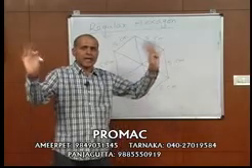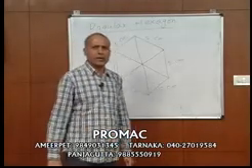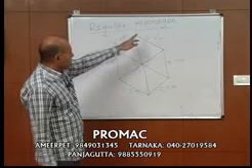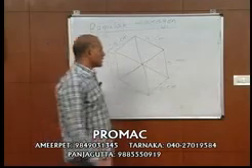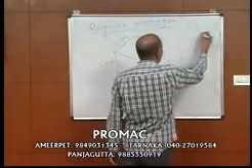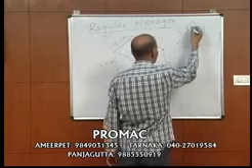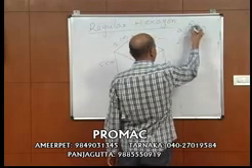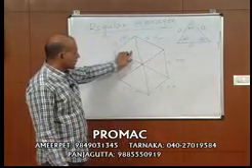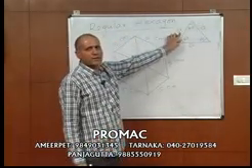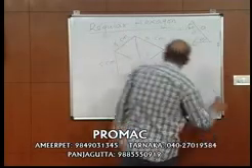A regular pentagon cannot be divided into 5 equilateral triangles. A regular decagon cannot be divided into 10 equilateral triangles. But a regular hexagon can be divided into 6 equilateral triangles. What is an equilateral triangle? An equilateral triangle is a triangle where all 3 sides are equal in length and obviously all angles are 60 degrees. So to answer this question, we need to know the area of an equilateral triangle.